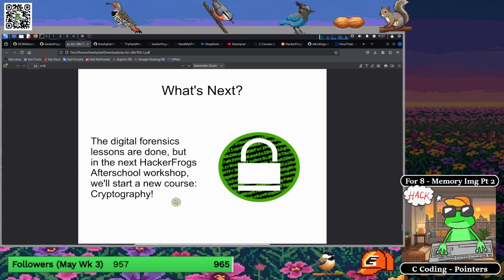makes sense. But yeah, in the next Hacker Frogs After School workshop, we're going to be starting a new course, and the course is going to be cryptography. When we talk about cryptography, we basically mean hiding information and then letting the right people see what the actual information is. We're going to be doing that starting next week on Monday, so please look forward to that. It's going to be at the same time as we do the streams today,